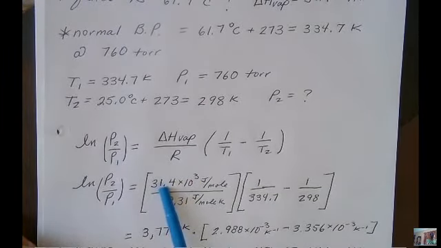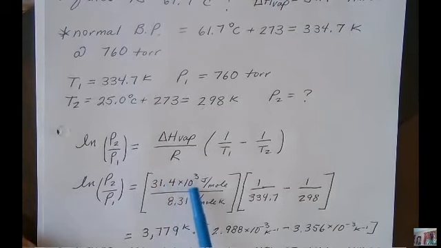It's the same value, 3.31.4, but I added times 10 to the third. What's 10 to the third? 1,000. There are 1,000 joules in a kilojoule. So that's important. The denominator